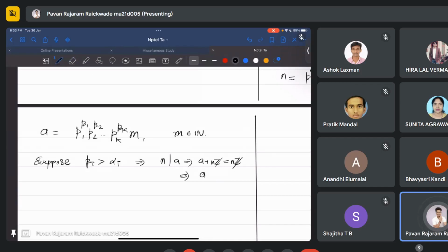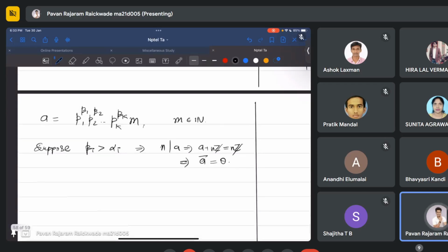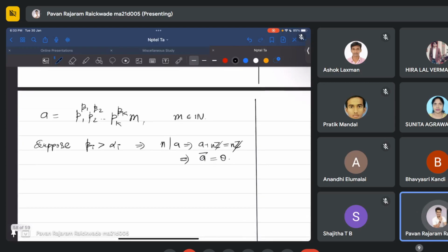This will simply imply a bar is 0, right? But this is not the case always, right? I mean, this beta can be smaller also, right? In that case,